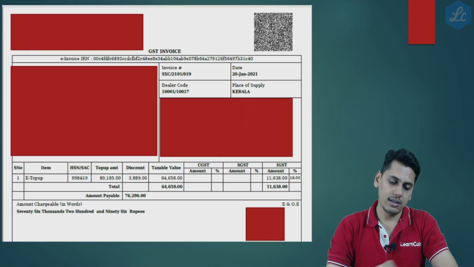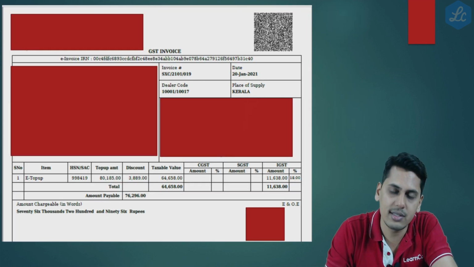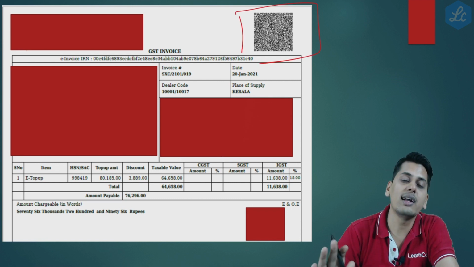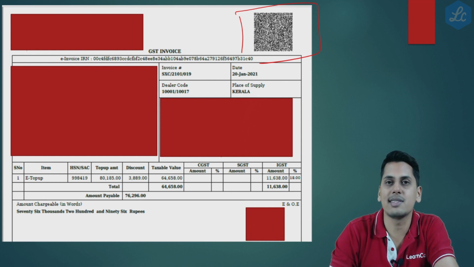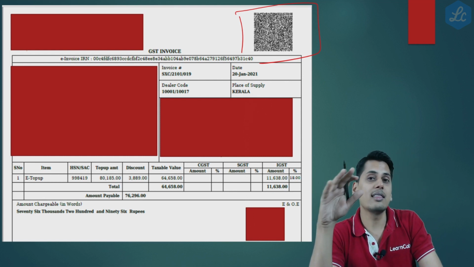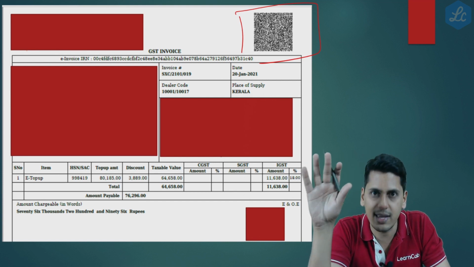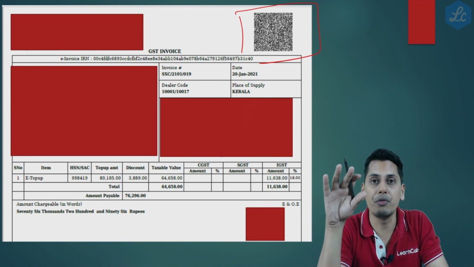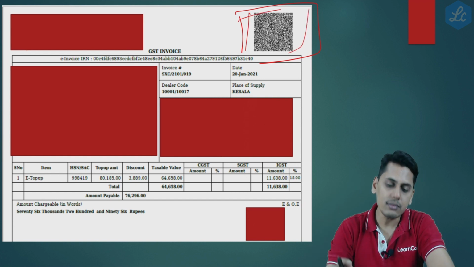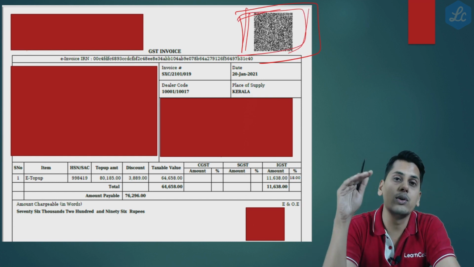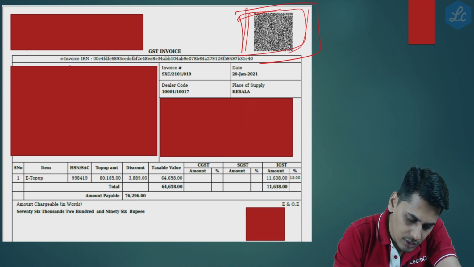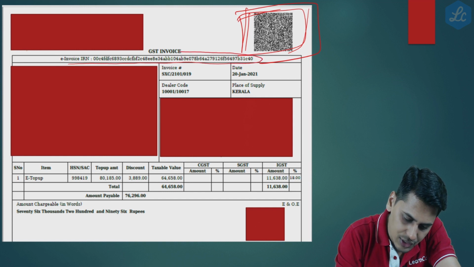So now friends, this is a sample e-invoice which is before you. Here is the QR code. This QR code would contain an invoice reference number which is embedded in it. There is government software which is available. You cannot scan this e-invoice using any QR code scanner. You can scan this only with the official app which is available. So once you scan this QR code, you will get the details of the invoice. And friends, here the invoice reference number is mentioned.